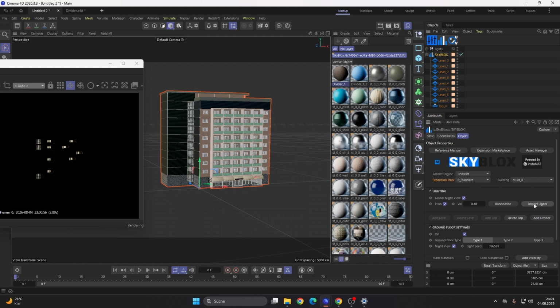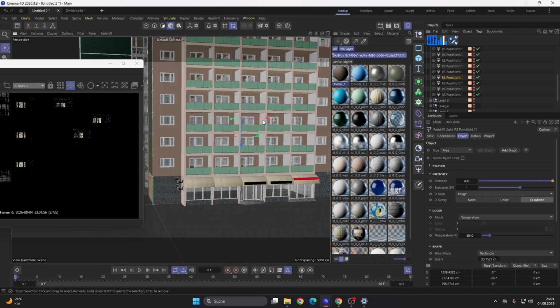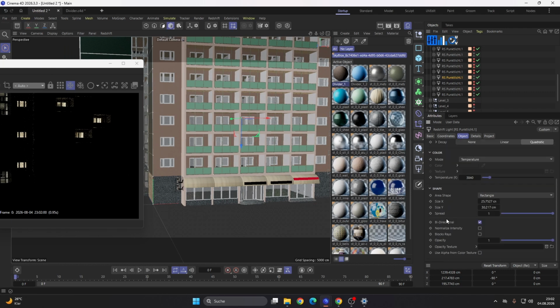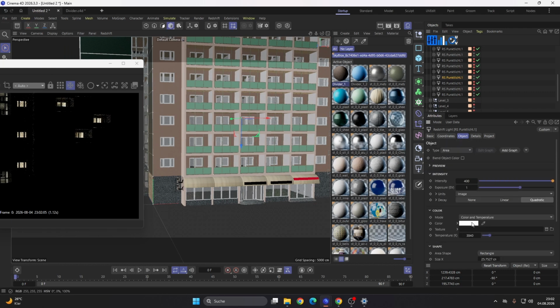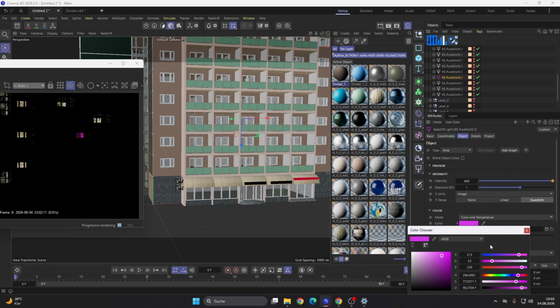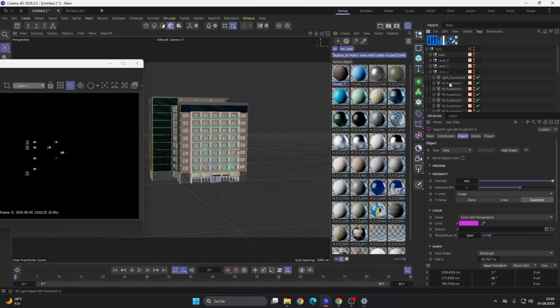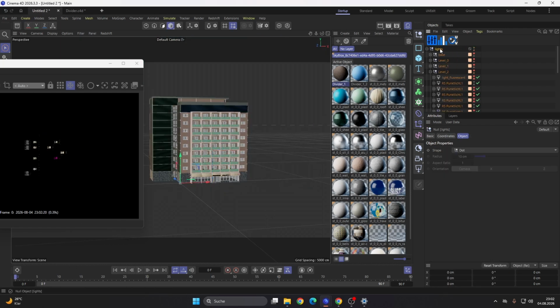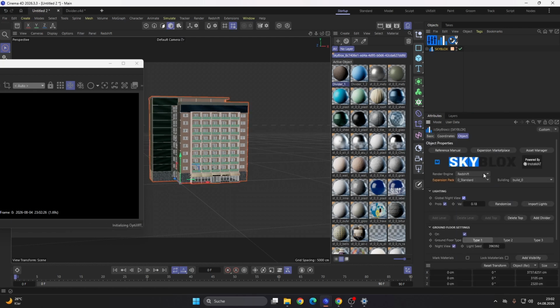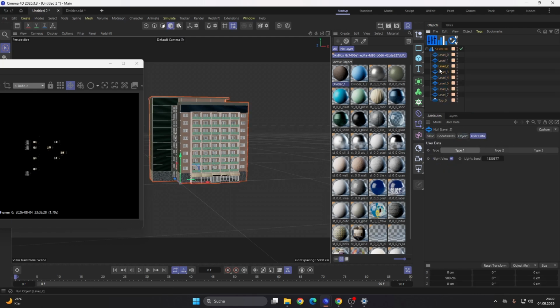You can say import lights, then it imports the lights into the scene. You can turn off the light view now. This also saves you a little bit of performance. And then you can go into, for instance, a turned-on light, let's choose this one here. So you can directly change the color and temperature now, and maybe make a violet light here. So like this. Yes. So this is everything for the night view. Basically, you can turn it on, and then you can go into each level and also turn the night view off if you don't want it there.